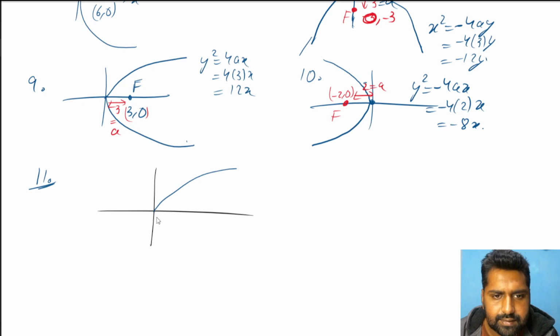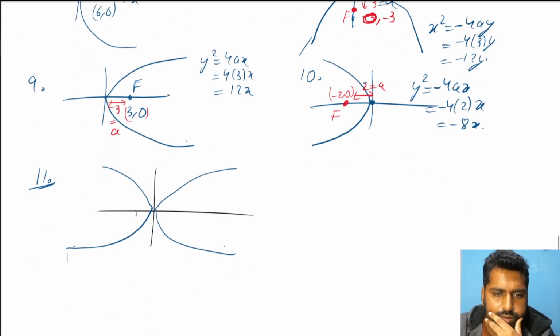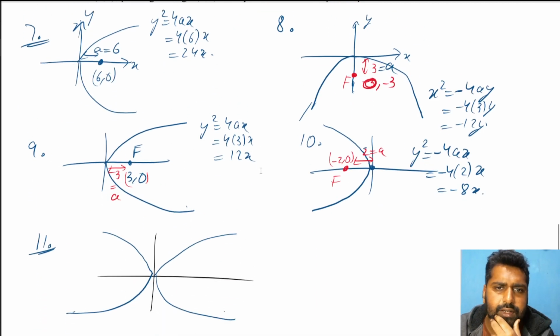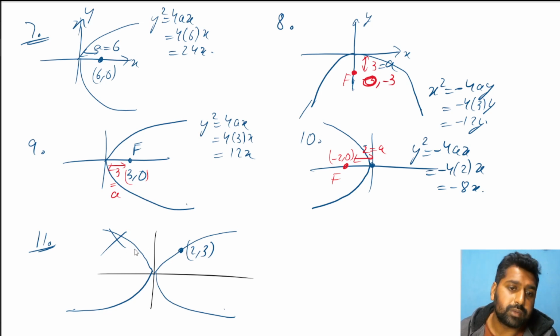So on x-axis, either this way we can draw or this way we can draw. In both the scenarios, tell me 2, 3. 2, 3 is in the first quadrant. Here it is 2, 3. This is the only way the point will lie on this parabola. So that means this cannot be the parabola, because the point has to lie on the parabola. If the left one was the parabola, how can 2, 3 lie on it? It cannot. That means we have to consider this kind of parabola, and we know this is a standard one,